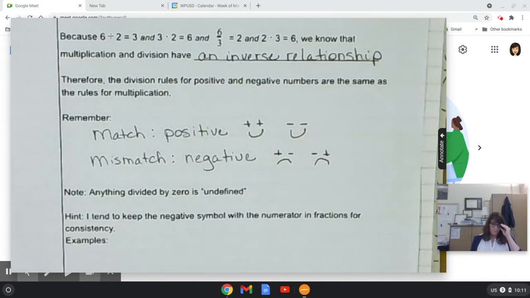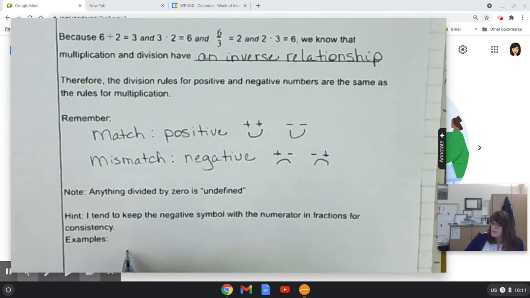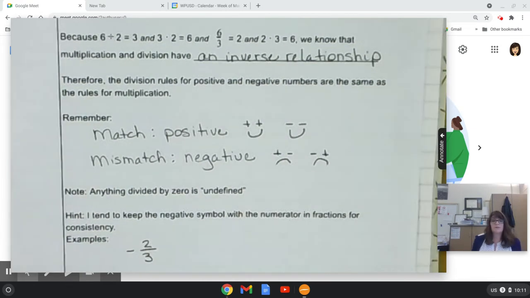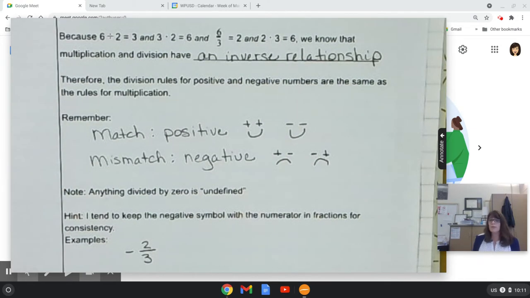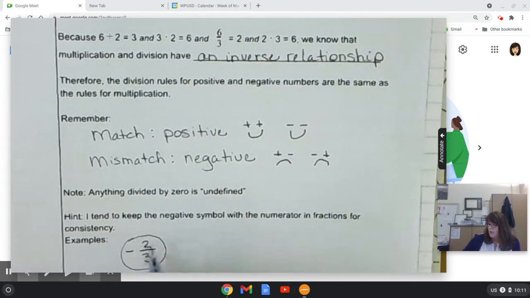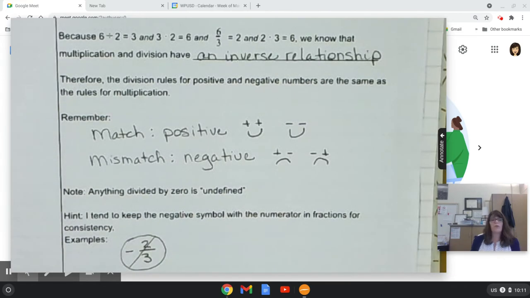Now, I do want to give you a hint. Okay, when I write fractions with negative numbers, I want to show you what I usually do and what I don't do. Okay, so this is what I don't do. Negative 2/3. It's not wrong. You'll see it printed in books all the time. Okay, but we're going to avoid it